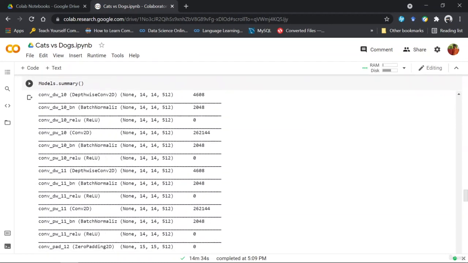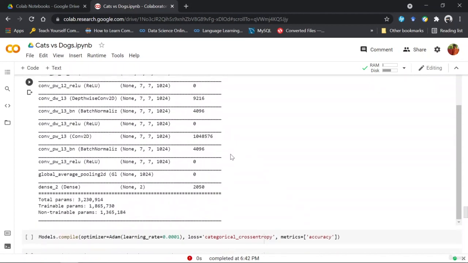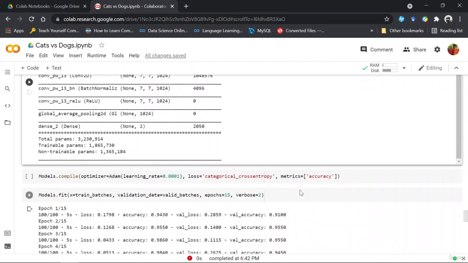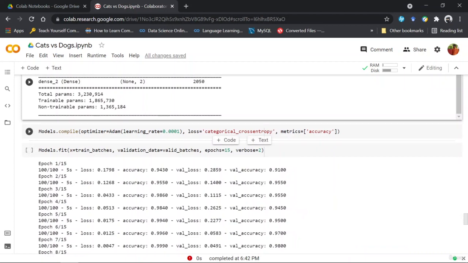You can see that I've again used the dot summary, and with this you can see that the number of parameters has decreased, meaning I have changed the last 23 layers and trained them using only two classes. That's why the total number of parameters has also decreased. Now, again, what I'm doing is just compiling and training the model.